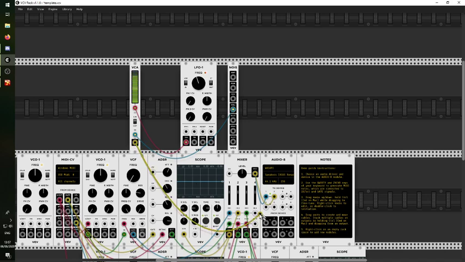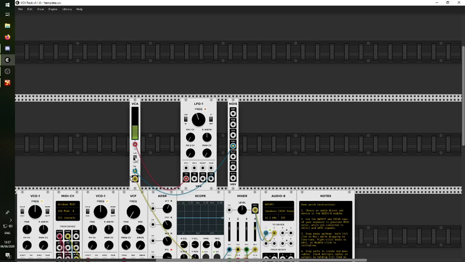But it's not going to sound like a hi-hat like this. And it's just a noise generator. There's nothing you can really do with the noise generator except